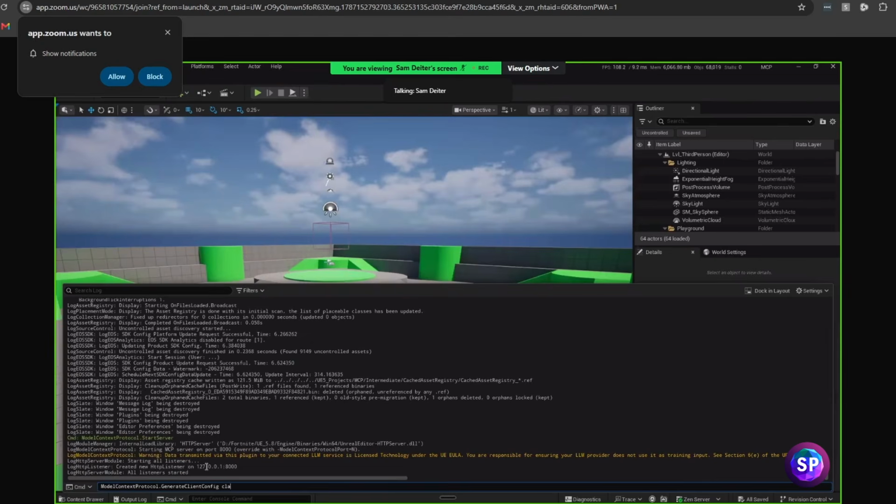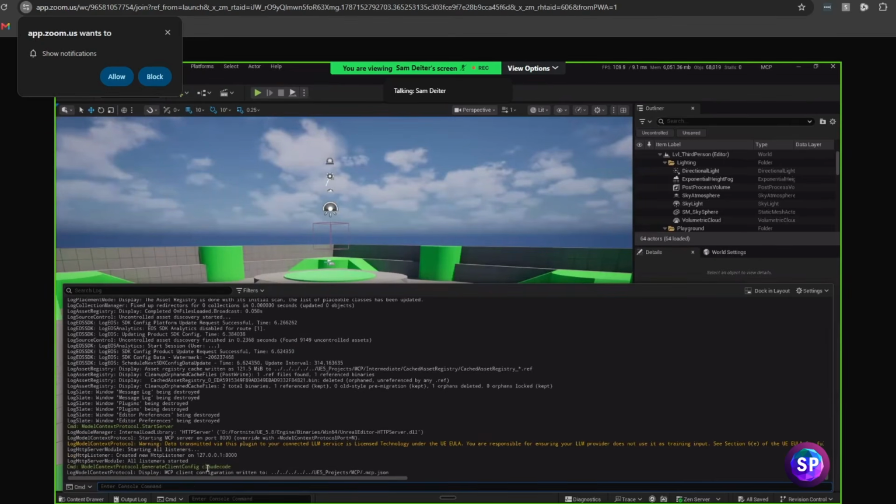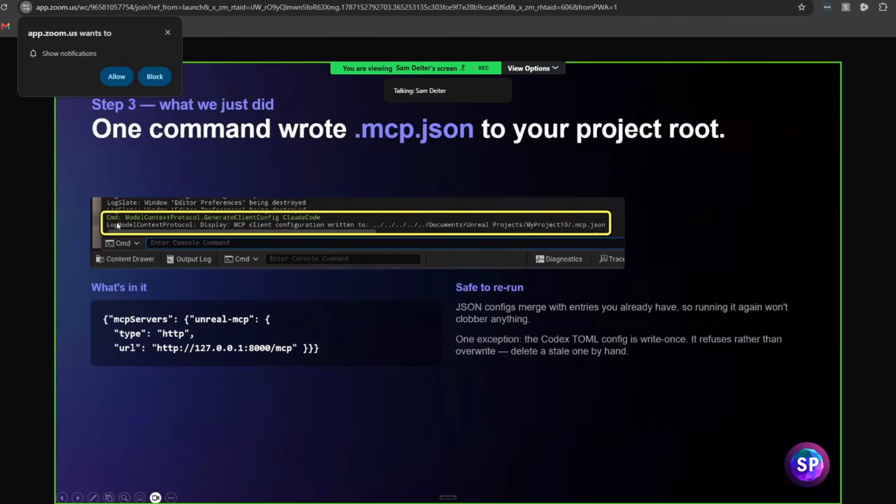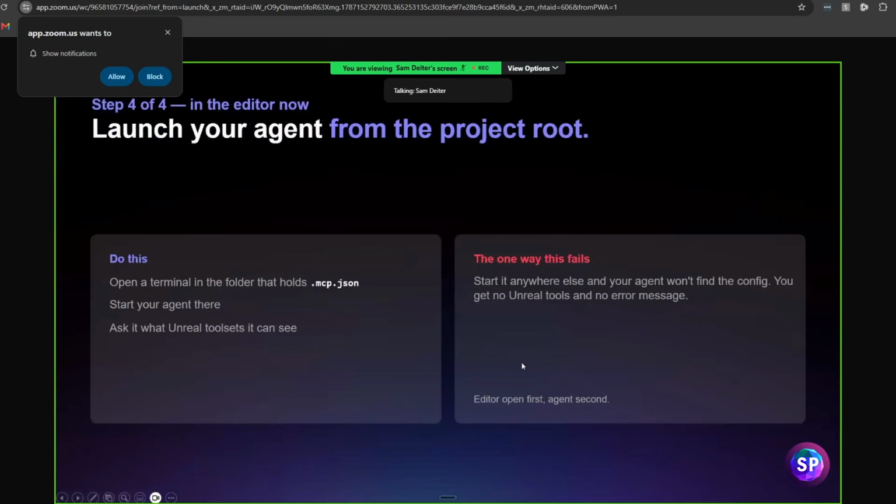And we're going to do Claude Code. And I'm just going to press enter. And that's going to make our MCP JSON file that we need in order to interact with Claude Code. So we can see that that is right there. And let me just move that up. So there we go. Again, we've generated it. It will show that it has been successfully written. And then we are on to the next part of launching our agent.